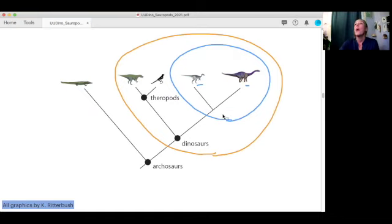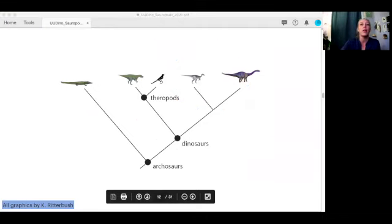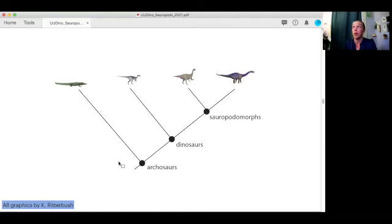And within the clade of dinosaurs, we could consider theropods, or we could look more closely at the other dinosaurs that we'll be considering this week. So now with my annotations, I will clear that out and let's look a little bit more carefully. An interesting thing about sauropods, which are our topic for the week, long-necked dinosaurs, is that long-necked dinosaurs have